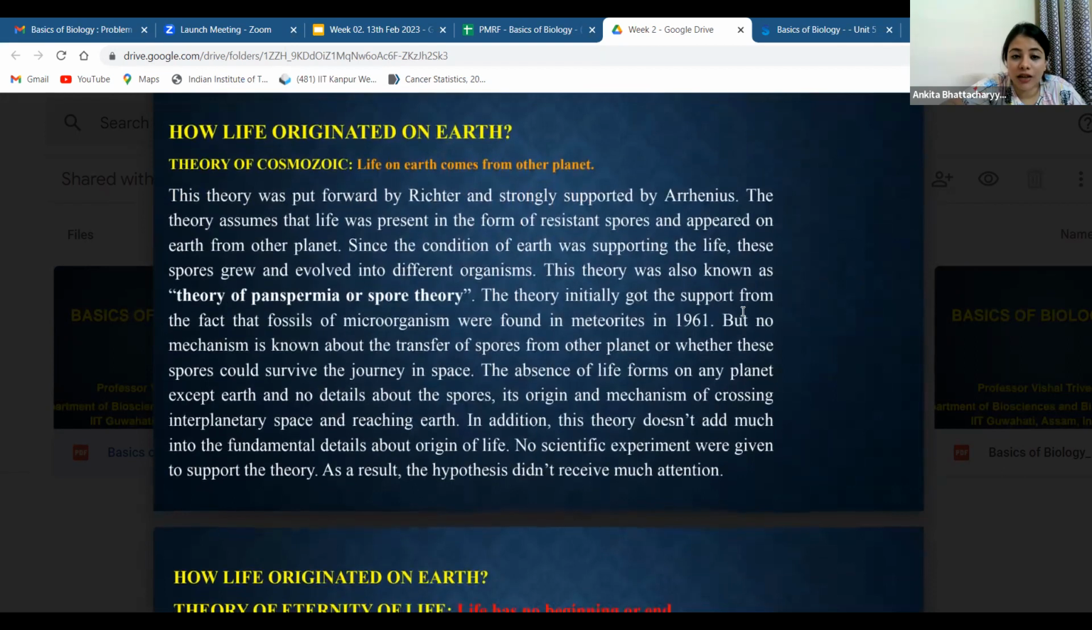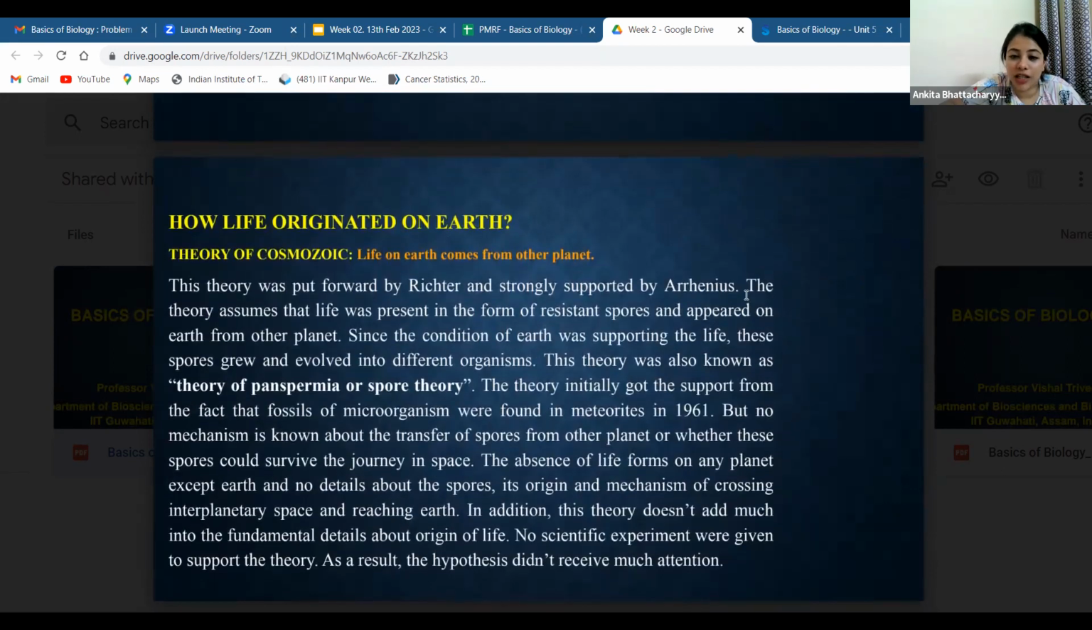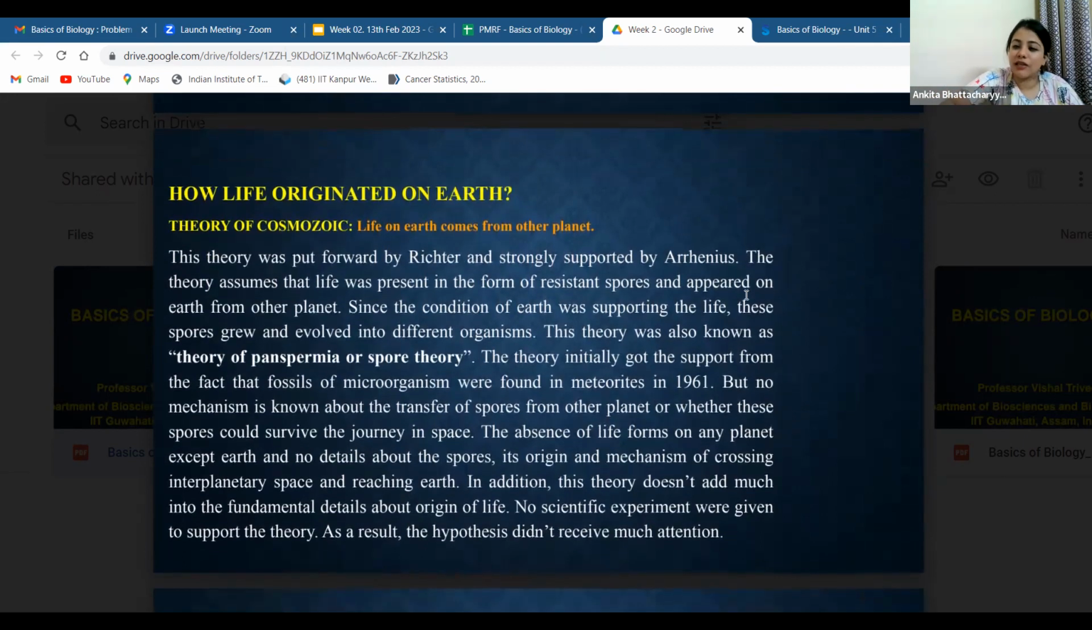The cosmozoic theory, or the theory of panspermia, or the spore theory, was also not validated. It was believed that some sort of meteorite from some other planet dispersed spores on the earth, and from there life stemmed. There was no very strong evidence to back it up, and so this theory didn't